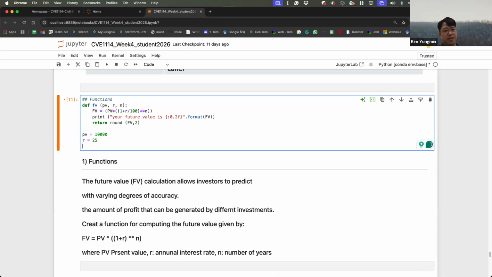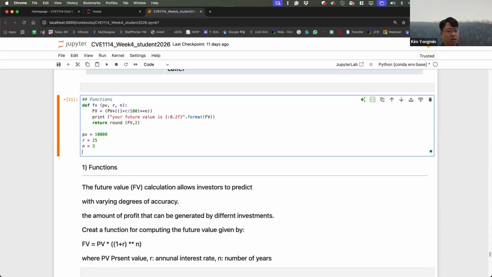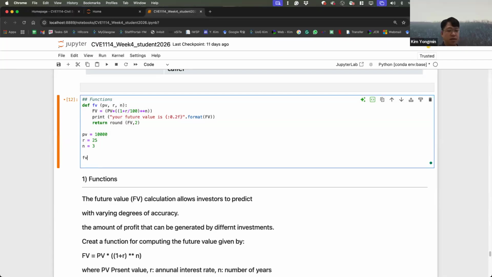And then number of years, just 3 years, and run again. Nothing happened. Yes, you must call the function FV, and PV, R, N.